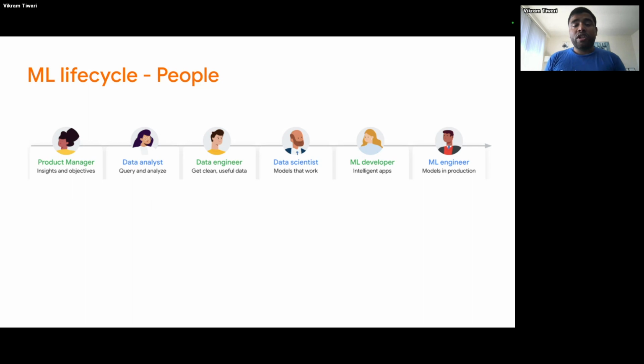The machine learning engineer is only concerned about a model when it's in production, whereas the data engineer cares about getting the data clean and making it useful for the machine learning engineer. So these groups need to talk to each other, because if they don't, the machine learning engineer who's expecting data in one format, let's say 512 by 512 images, ends up getting 256 by 256 images, and then the model doesn't train. So they have to go back and talk to the data engineer. There are a lot of things that end up happening across these people.